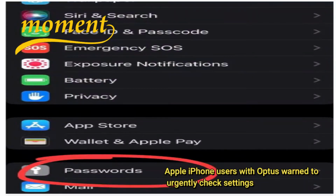Apple iPhone users with Optus warned to urgently check settings. Apple iPhone users have been told to urgently check their settings and act immediately on a lesser-known data breach detector. They have been delivered a firm warning about what to do immediately if they have or previously had